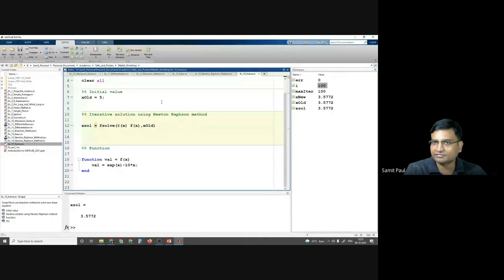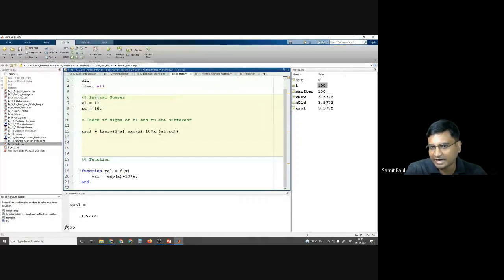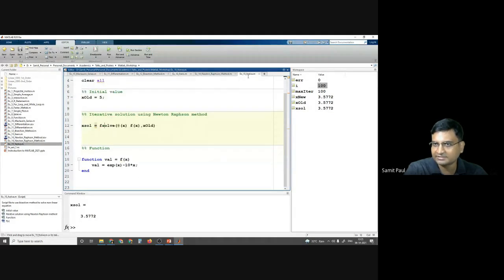In the case of f0, we had to give a bracket, a set of initial guesses. But in the Newton-Raphson or fsolve case, we need to put only one guess. That's the only difference. And we need not give the derivative. The fsolve program calculates it automatically, or it is built in.